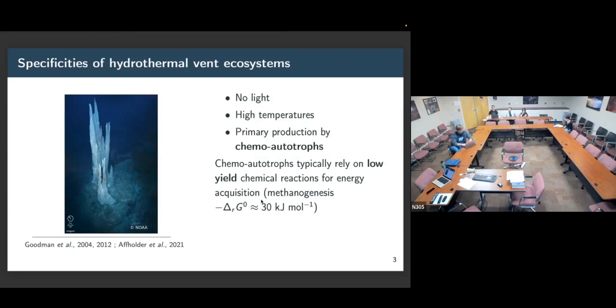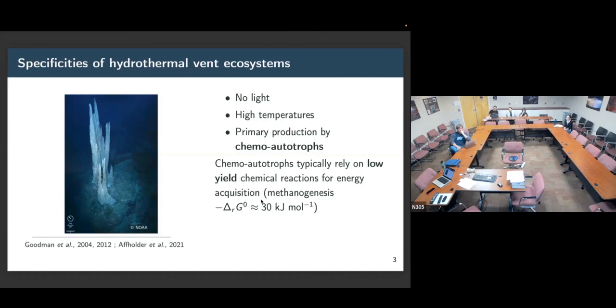and that's the primary production. But in those ecosystems in the hydrothermal vents, there's no light. So there is no light as a source of energy to ensure the primary production. And primary production is ensured by other reactions. One of them, I mentioned, is methanogenesis, production of methane. And those organisms, we call them chemoautotrophs, organisms that synthesize biomolecules from mineral carbon using those types of mineral chemical reactions.